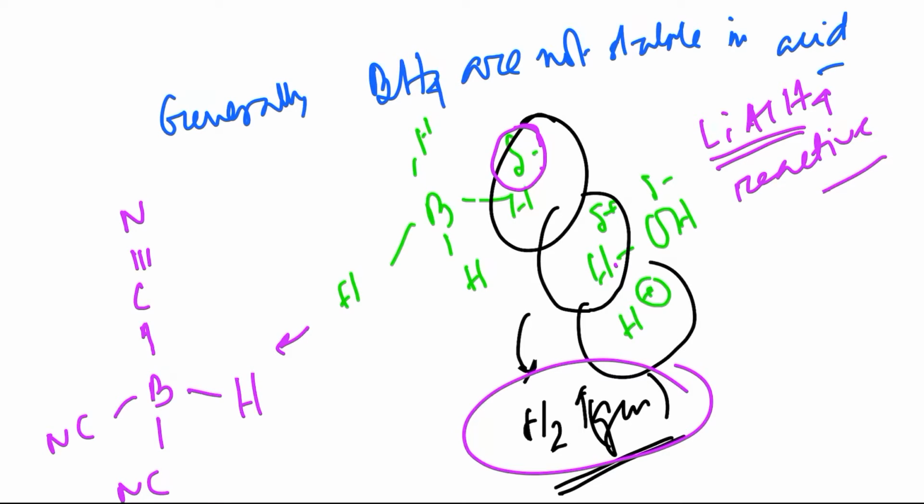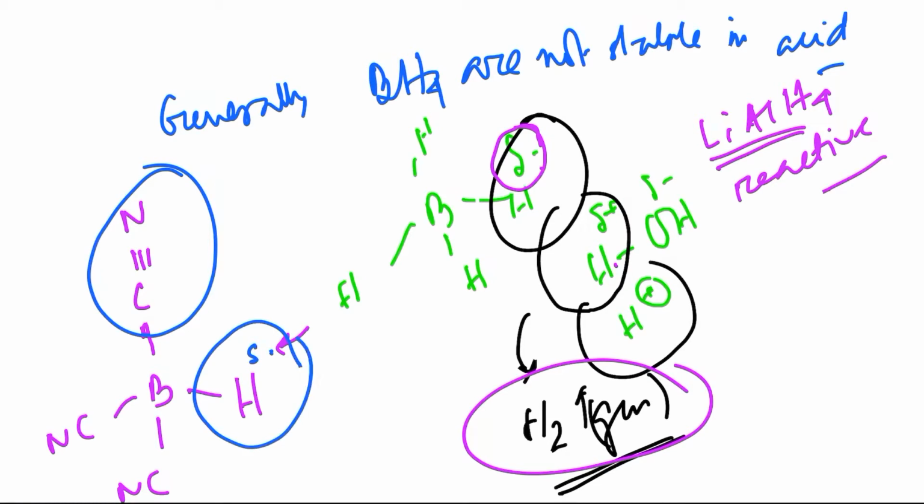Now see, because of the withdrawing effect of this cyano group, the negative charge density on this hydride becomes lesser, so this is less reactive, and it is observed that it is stable up to pH around 3. So this is fairly acidic. So we can use sodium cyanoborohydride at a minimum pH of 3. Below that, if you go, it will degrade very fast.